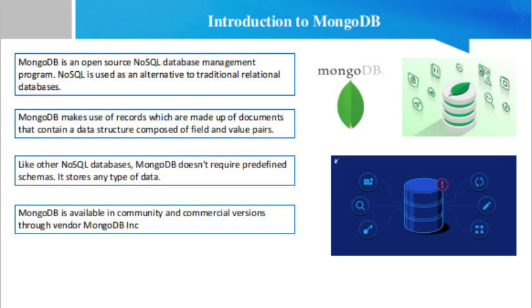MongoDB pros and cons. Like other NoSQL databases, MongoDB doesn't require predefined schemas. It stores any type of data. This gives users the flexibility to create any number of fields in a document, making it easier to scale MongoDB databases compared to relational databases. One of the advantages of using documents is that these objects map to native data types in a number of programming languages. Also, having embedded documents reduces the need for database joins,